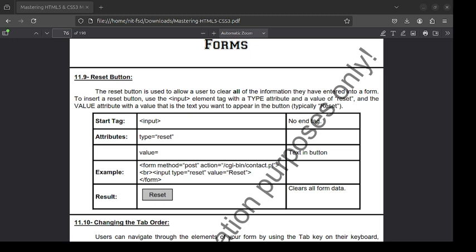So when you have what we call the form data, and the metadata is part of what we have been discussing for quite some time, you will all agree with me. And the meta charset, which is assigned to UTF-8, is part of the form methods. And the meta charset says that it can